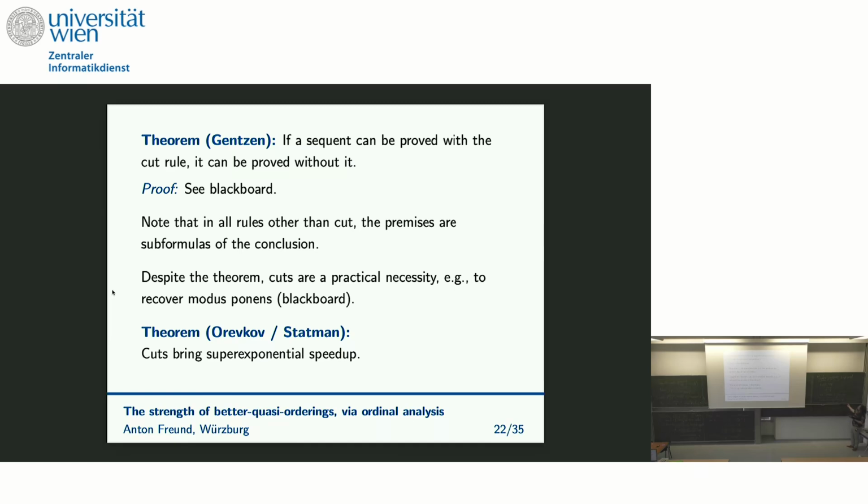And then you can, not use another board for that, cut away this formula here with this formula here, and you have your proof of psi. That's how the cut rule would allow you to recover modus ponens, and that's why if you want to write down a direct translation from some different proof calculus into sequent calculus, it's good to have the cut rule present.